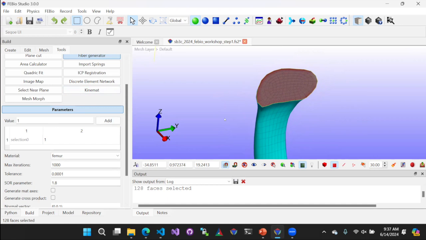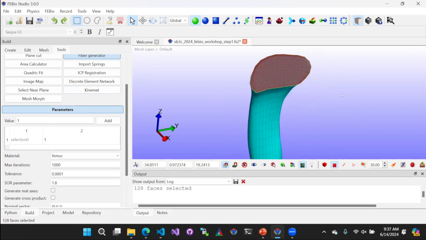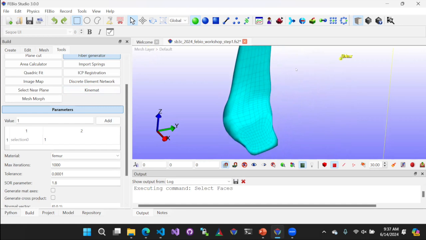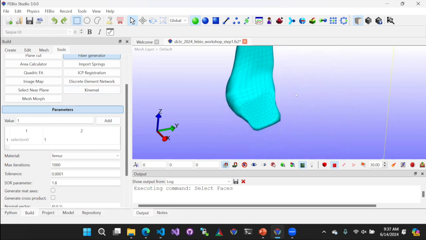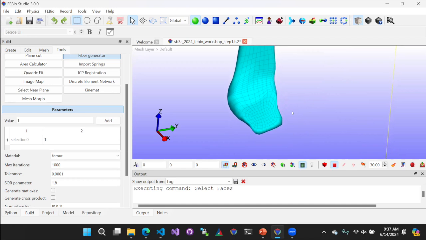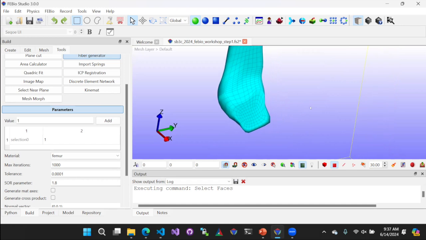Okay, so now we're going to do the same thing on the bottom. So first, click somewhere outside of your graphics view to clear that selection. And then I'm moving down to the bottom here by holding down my Alt button and my right mouse key. Okay, so we can do the same thing on the bottom side here, but I'll show you another way of